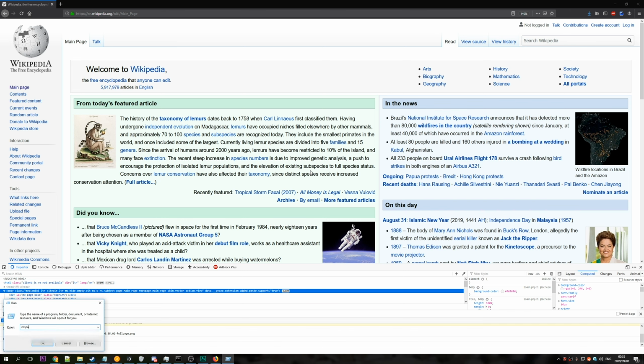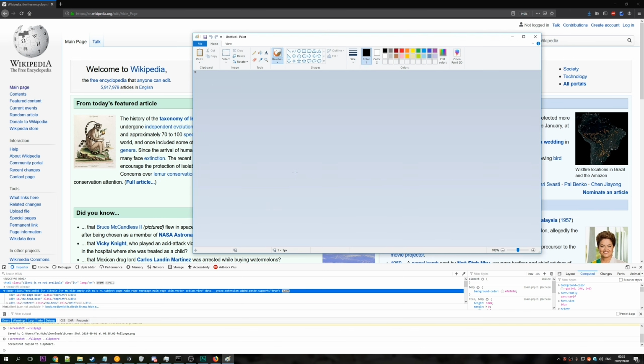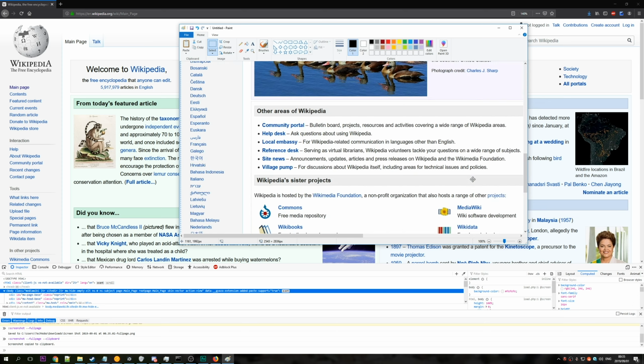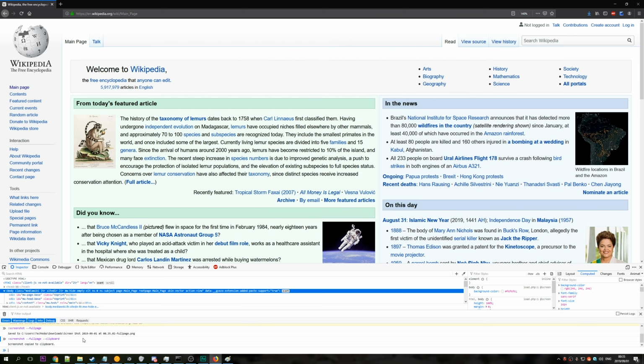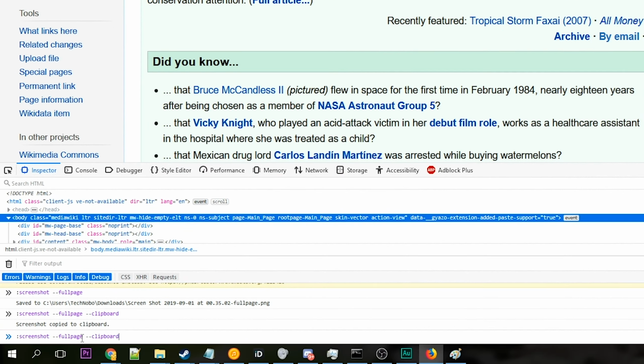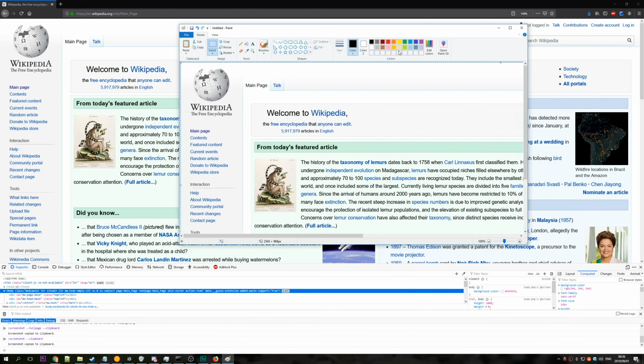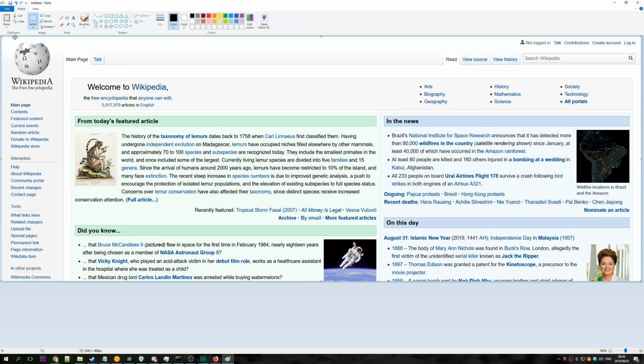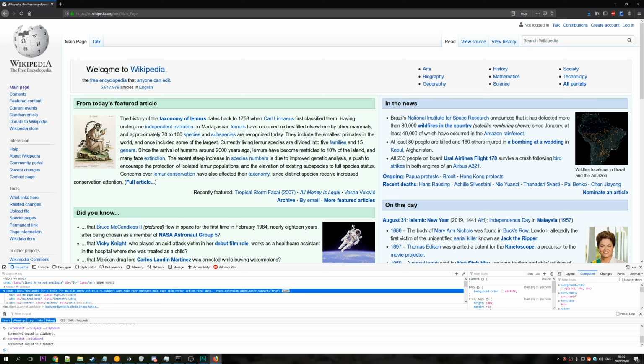So if I go ahead and open up something like MS Paint and paste it in, you can see that here is the image pasted. If we get rid of the full page argument, so simply hit up to get to your previous command, get rid of fullpage, hit enter, and then paste it into MS Paint, you can see that it only screenshots what is visible. So let's say you want to screenshot just one element, such as the Welcome to Wikipedia block